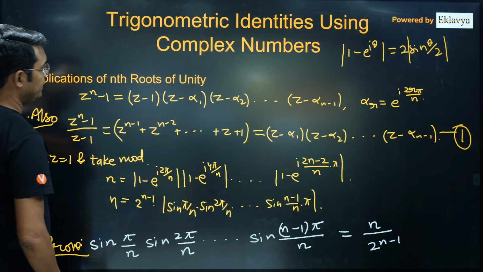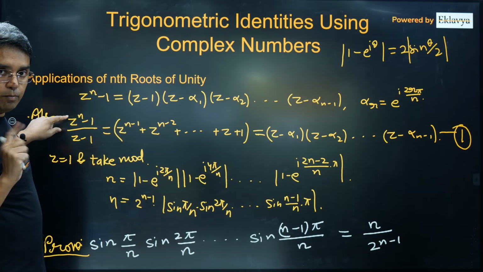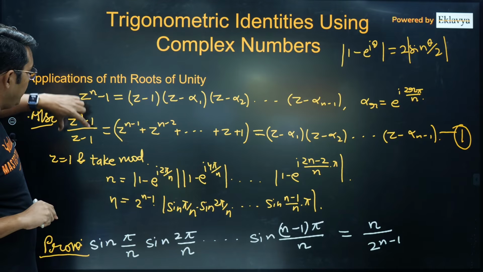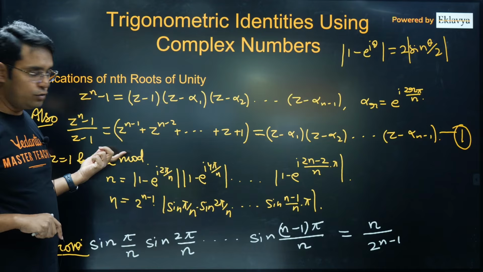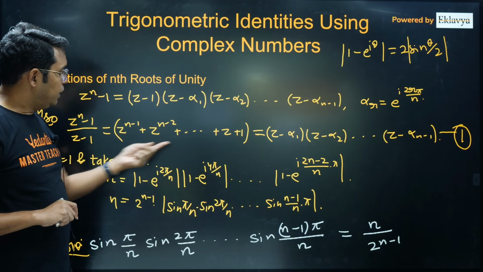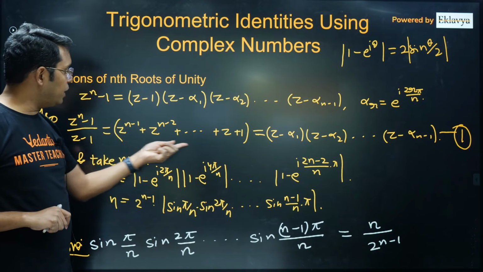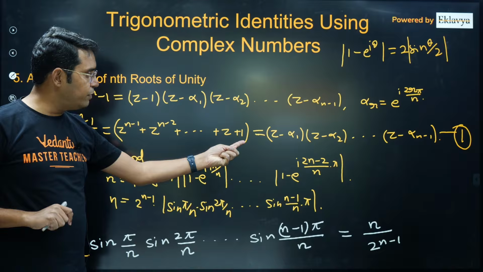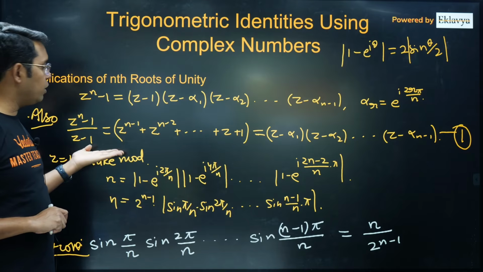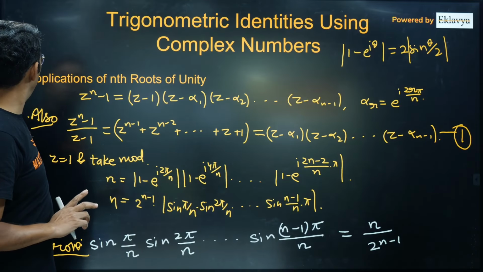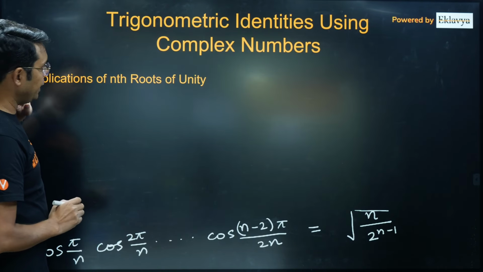Okay, now understand this thing. If n is odd and if you put z is equal to -1, this will be -2 here, this will be -2 here, so that will be 1. You can check from here also. If n is odd, so this will be odd number of terms, because z power 0 we are starting with, total n terms are there, starting with 1, then -1, then 1, then -1. So if you add all of them, your sum will be 1. Okay, so here left side will be 1, whereas on the right hand side